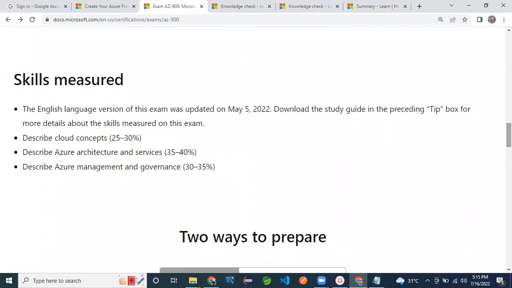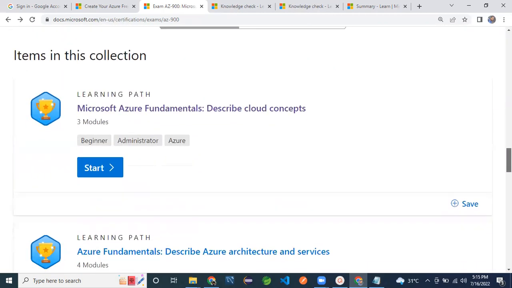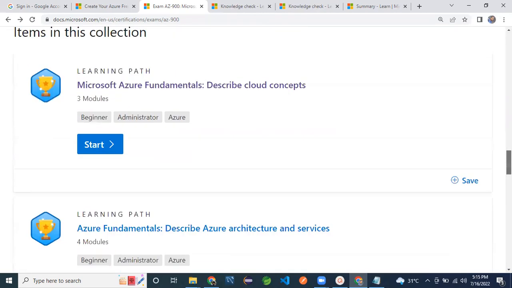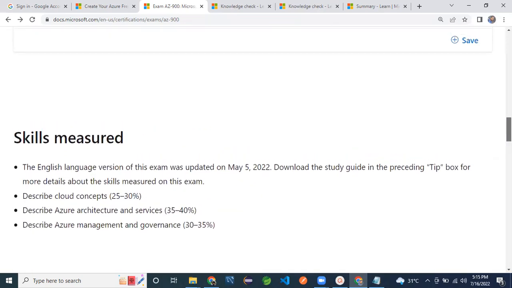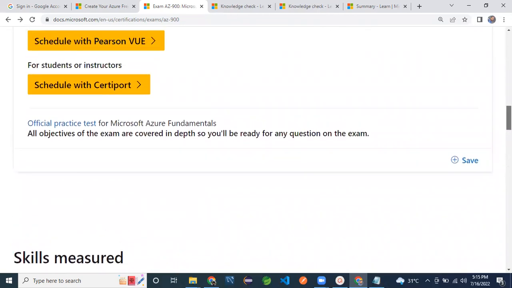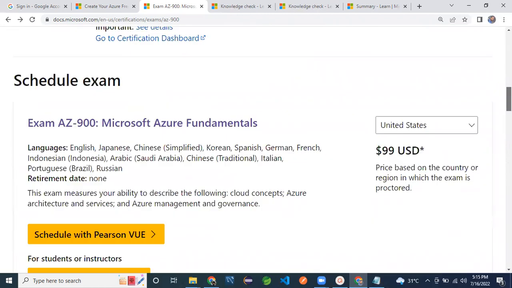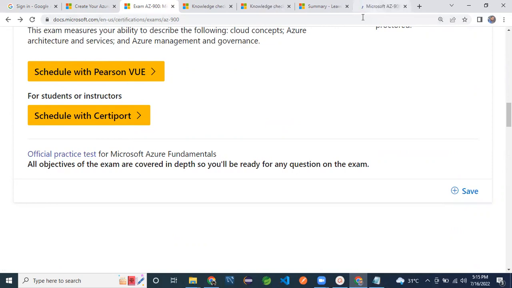And the knowledge check questions will be there on each and every module, in the knowledge check and in the summary. So prepare each and every topic nicely, then you can 100% clear the exam. Once you are confident that you have learnt everything, if we come to the top of this site, this is just a practice test. If you want, you can take the official practice test here also.